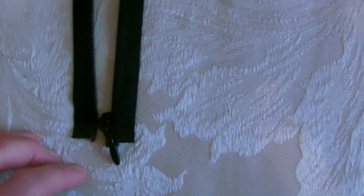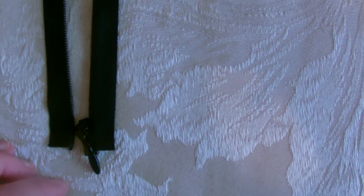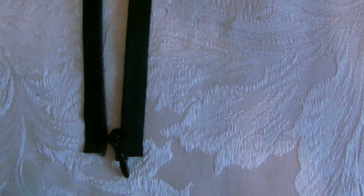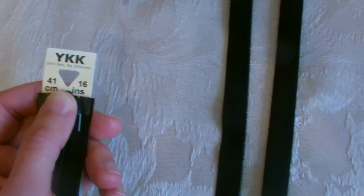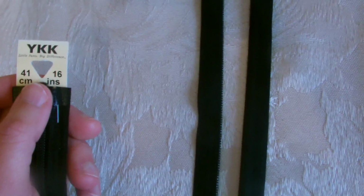It just did not make sense in this day and age, why every other zip you can get is either open or closed end except the invisible ones, which a lot of us out there would greatly need for these bodices if you don't wish to do traditional methods of doing up your bodices, which possibly is hooks and eyes, etc. Anyway, I got onto this company called YKK Zips amongst many. This was the only company who came back to me and said, yes, we do them,